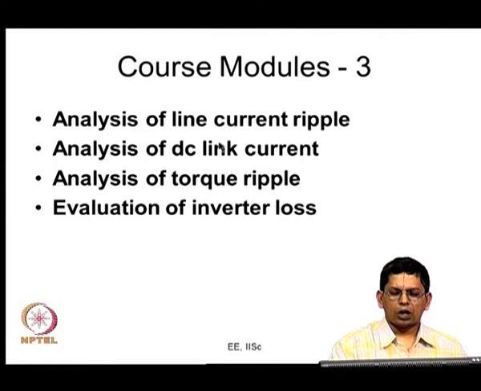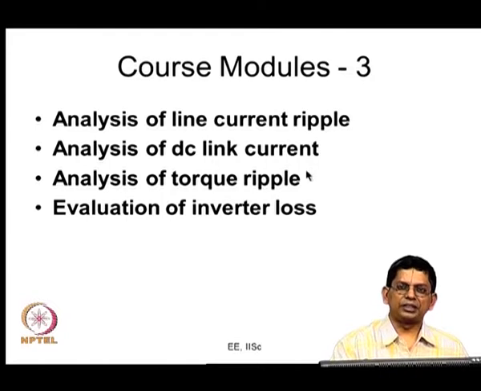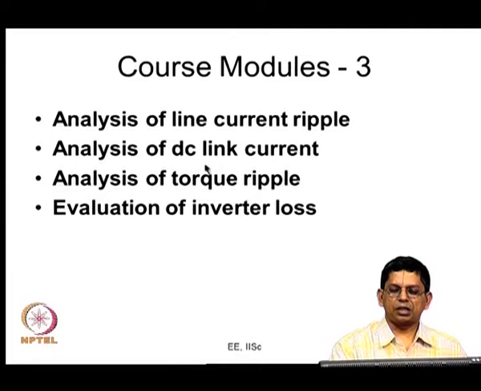We look at how much is the current ripple, for example, on the AC side, and we look at the DC link current that is flowing on the DC side of the inverter. This is closely related to the capacitor, because the DC component of the DC link current comes from the DC supply, say the rectifier, and the ripple component of the DC link current, most of it flows through the DC capacitor, and that determines